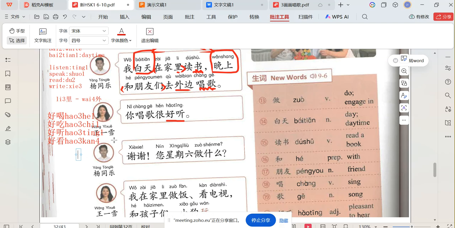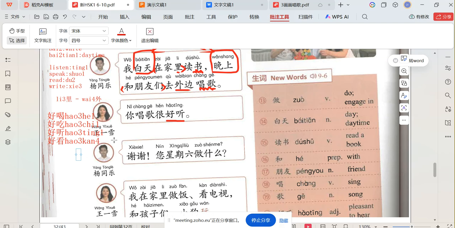Anything you listen to, we can say 好听。Anything you eat, we can say 好吃。Anything you drink, you can say 好喝。So let's read the four words here and do the same, doing the action. 好喝。好吃。好吃。好听。好喝。好吃。And last one, 好听。